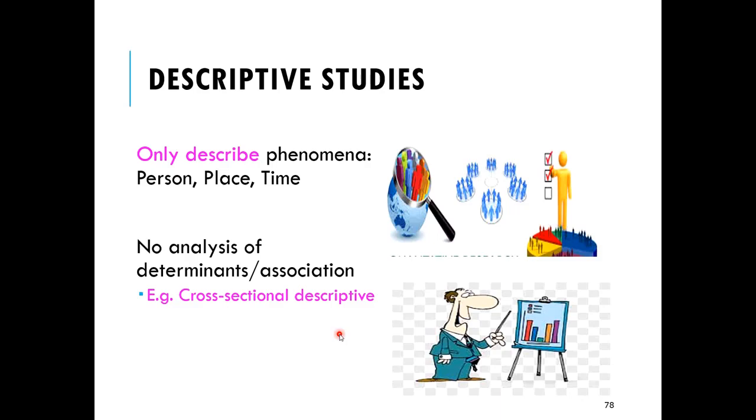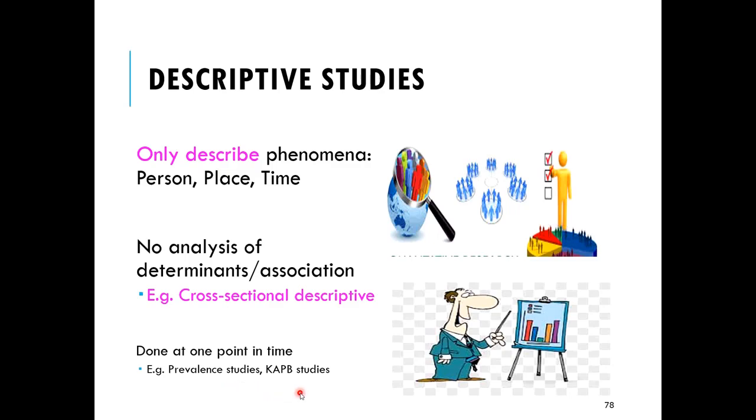Fine. And many of you have developed your synopsis, and you must know that in each study design, we are conducting a cross-sectional descriptive study in which we are only describing. Fine. The most important strength of descriptive studies is that these are known as prevalence studies, and you can find out the total number of cases present in a community, which will give you the number of new and old cases both in the population.